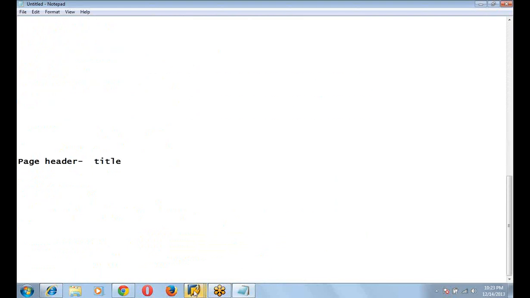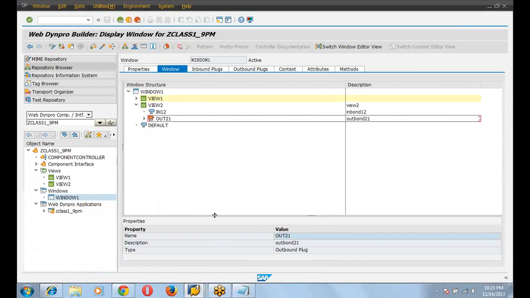In the next class, what we saw today was in a single view, only one view. Next class, in one page, we will see different views according to the requirement. When we click on a different button, the view will change. In the next class, we will see that application. Please do practice till then.